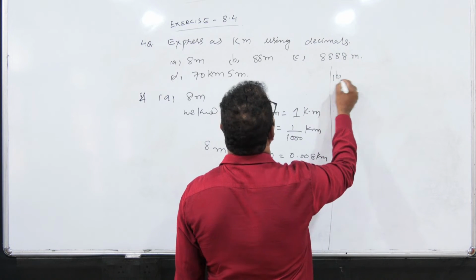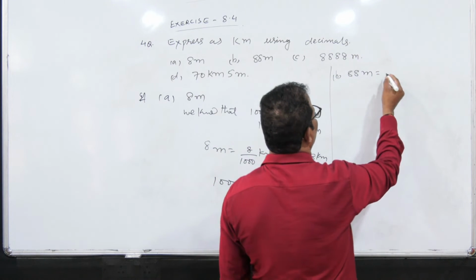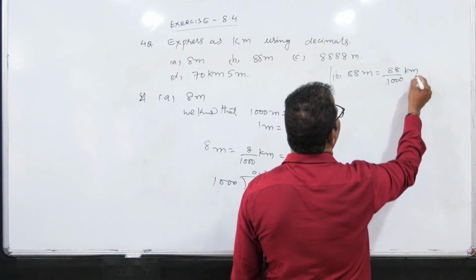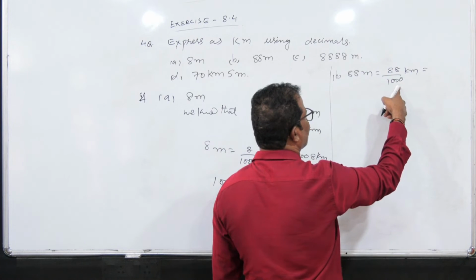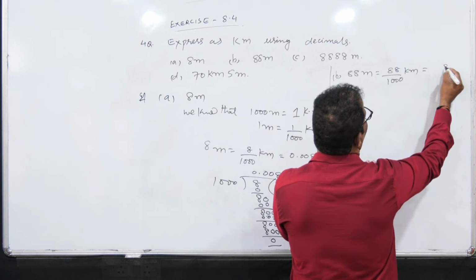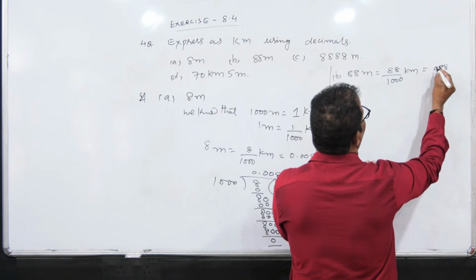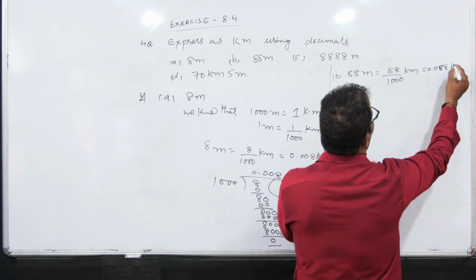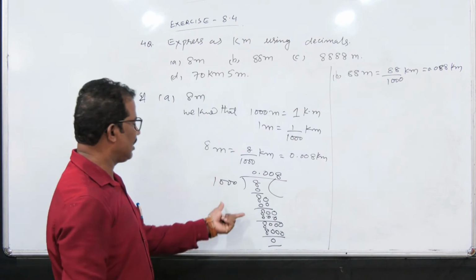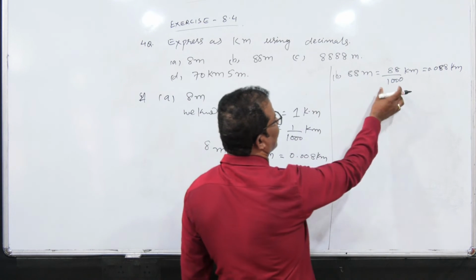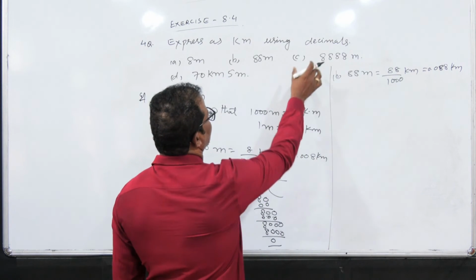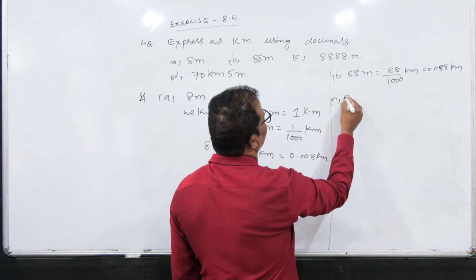So it is meters. So to convert into kilometer, we have to divide by 1000. Now it is kilometer. And if we divide 88 by 1000, we can put a point after 3 places of the number here. So it is 1, 2. For the third place, put a point here. So we can get here how much? 0.088 kilometer. How do we divide here? In the same way, if we divide 88 by 1000, we'll get 0.088 kilometer. Understand?